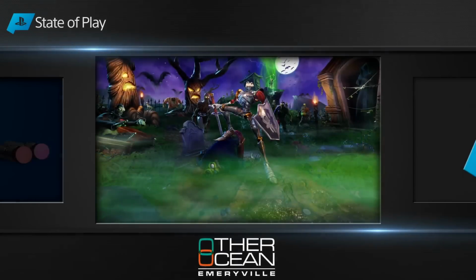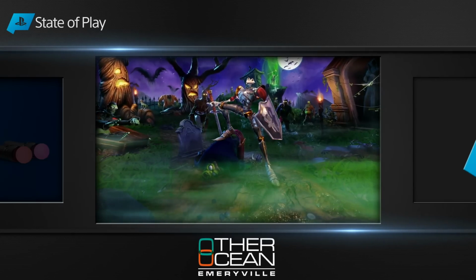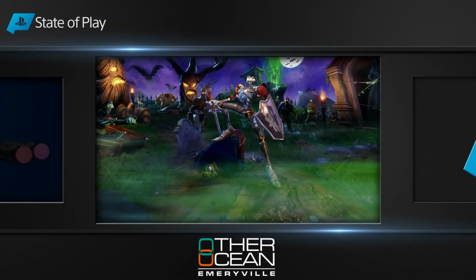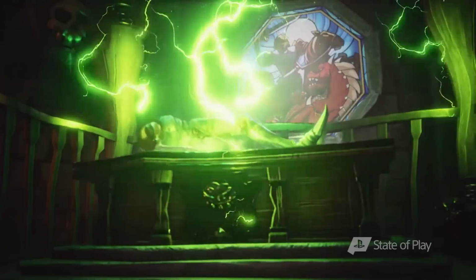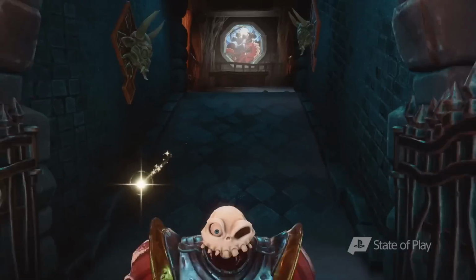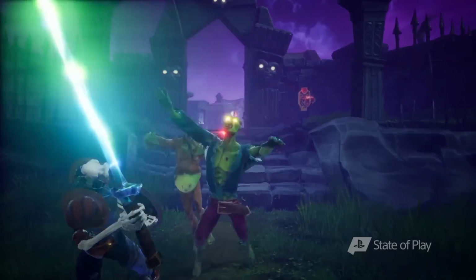Alright, moving on from that, the Medieval PS4 demo launches today on the PlayStation Store. Sony accidentally leaked this yesterday by posting the demo on the PlayStation Store over in Japan, but it was announced as a part of State of Play that the demo is out right now. It's a free demo and you can try out the game. However, it's only going to be available for a limited duration, and it was noted by